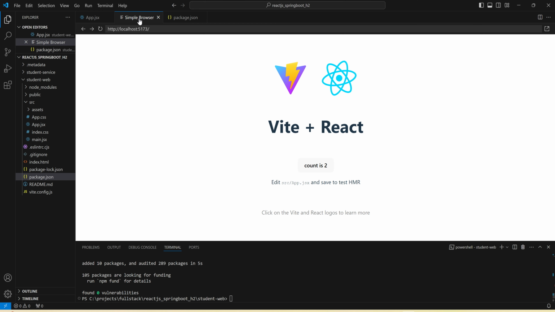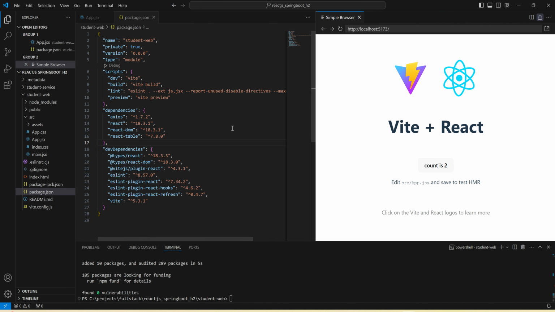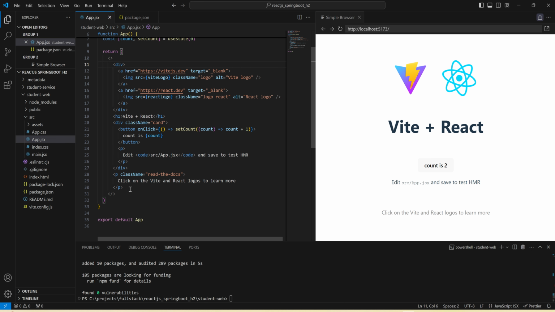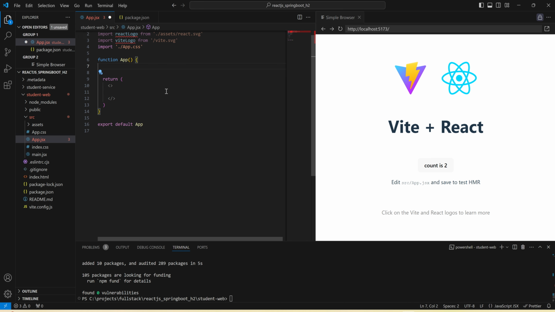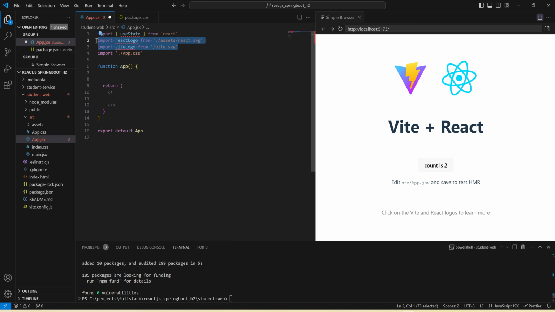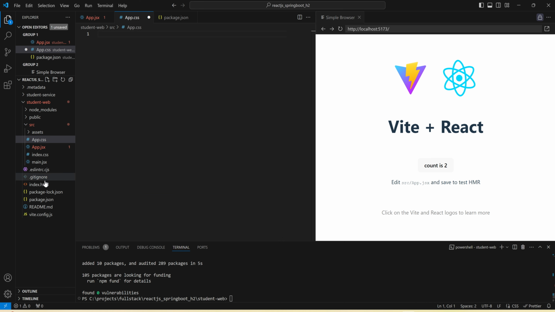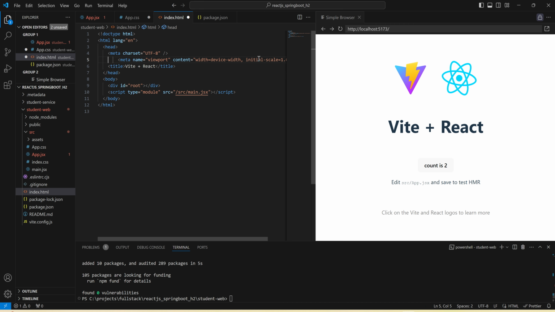Now let us clear everything from app.jsx and css so that we can make a fresh start. Now let me clear from here. We can remove this variable as well as unused imports, and we can save it. We can clear everything from app.css, and at the HTML side we can remove this image and we can name it